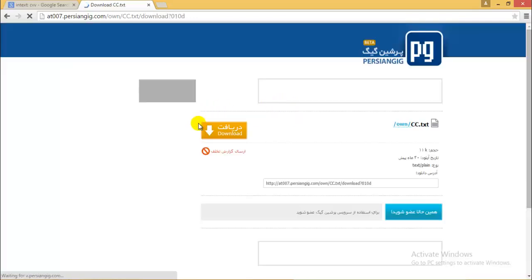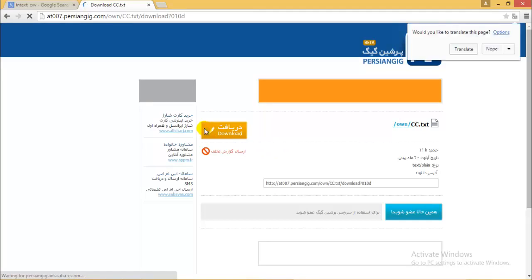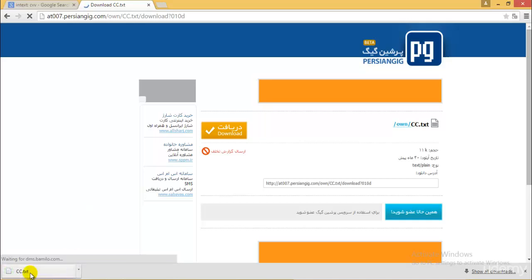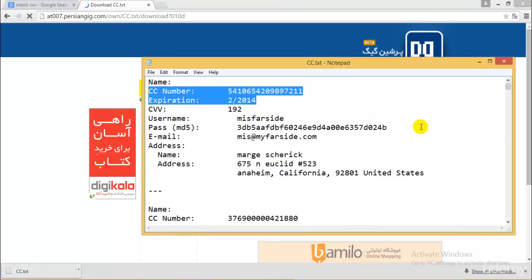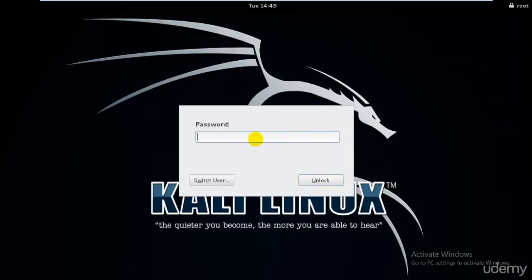Let me check. Okay, I'll just go and download this. If I don't have any exceptions, then I'll surely show you. Okay, perfect. When I open it, you can see that we have these things, but these are expired. We have the username and the MD5 hash for the password, which you can crack if you have a good cracker such as Burp Suite or John the Ripper that we have on Kali Linux.